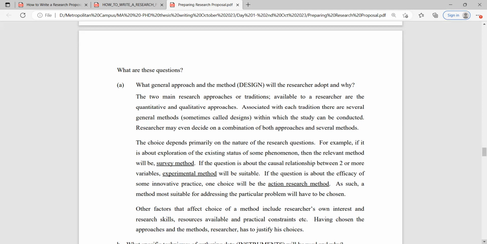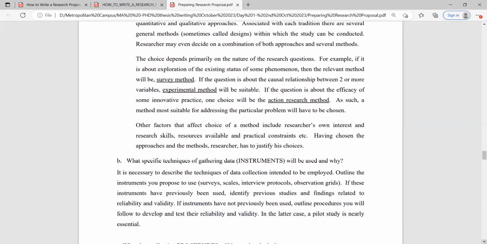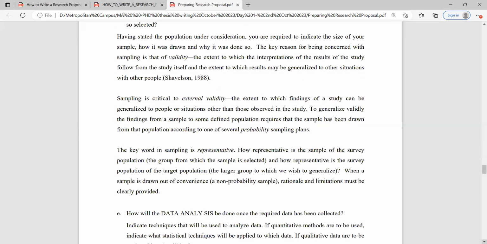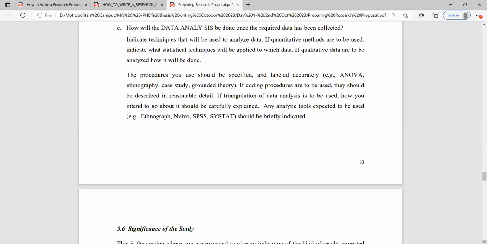And whether you're going to use only the primary data, which means the researcher is collecting the data, or only the secondary data, where you collect from other researchers and other resources. So like that, all those things you have to mention very clearly under this methodology part. So these things should be there when you're writing your research proposal,